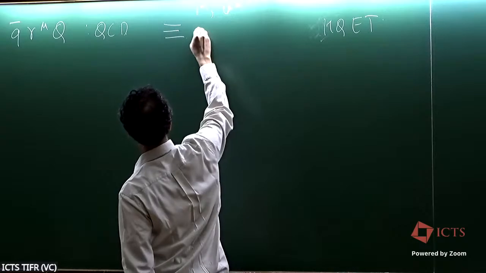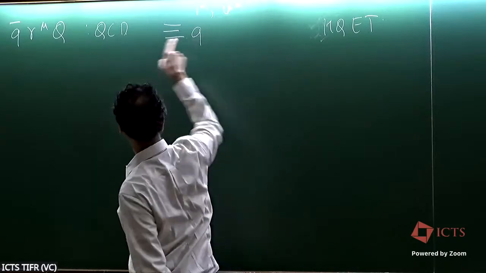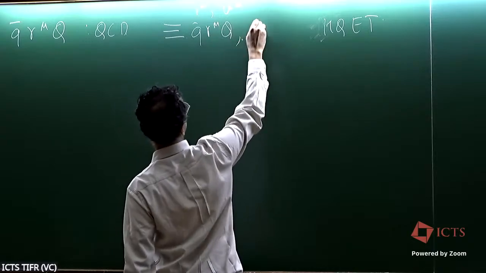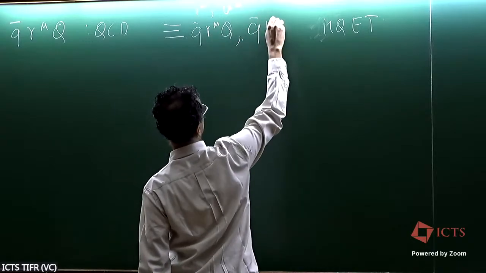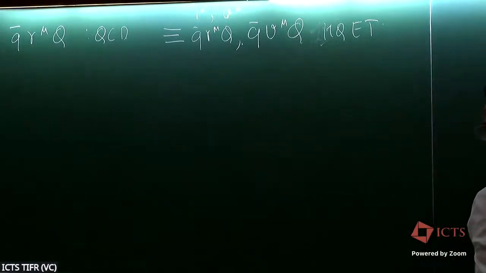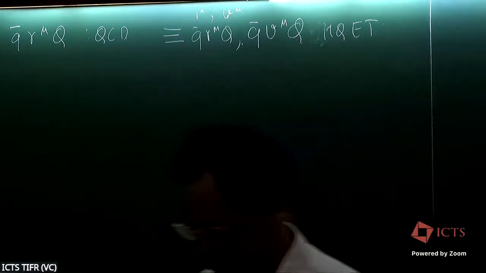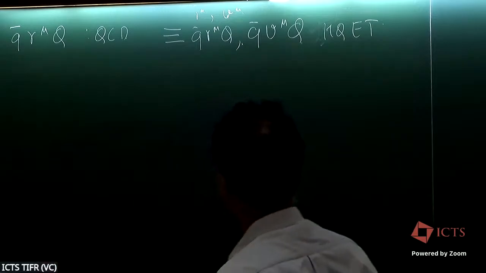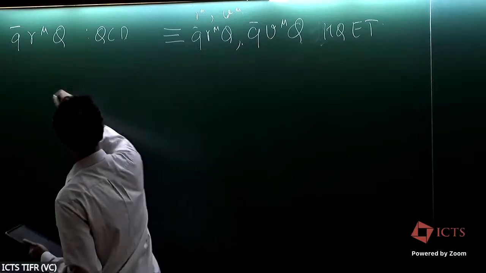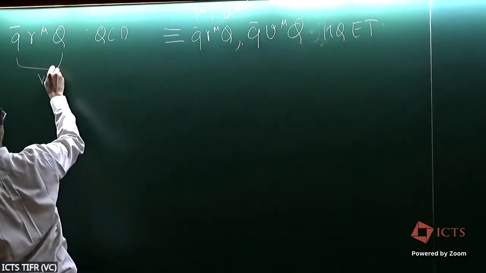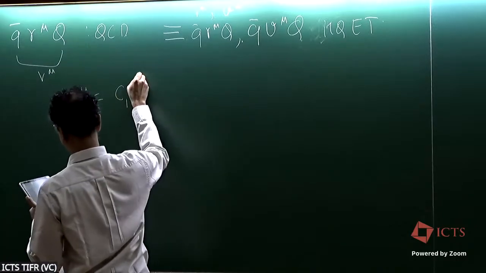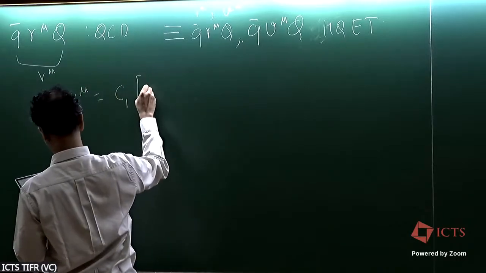So naturally, this won't simply go to Q bar gamma mu Q. In principle, you can also get a contribution to Q bar V mu. So the matching is simply, let me call this V mu, V mu is equal to Wilson coefficient